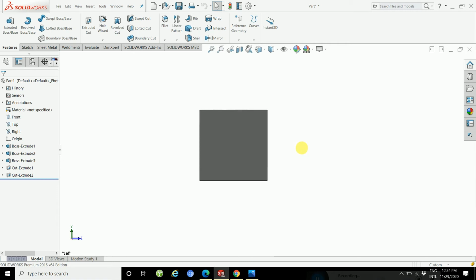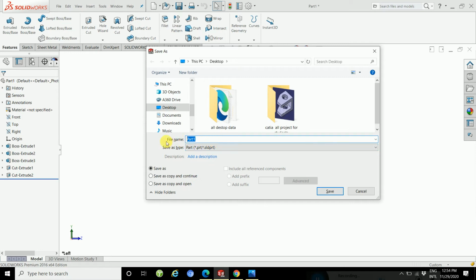First you need to save this part, Control S. How to name this part: if your company is in the automobile industry, try to code the part name. For example, if your company name is Anjani Auto Tax, apply A, and then 001, this is the project name, and then your sub assembly name is the first assembly, and then your part name is the